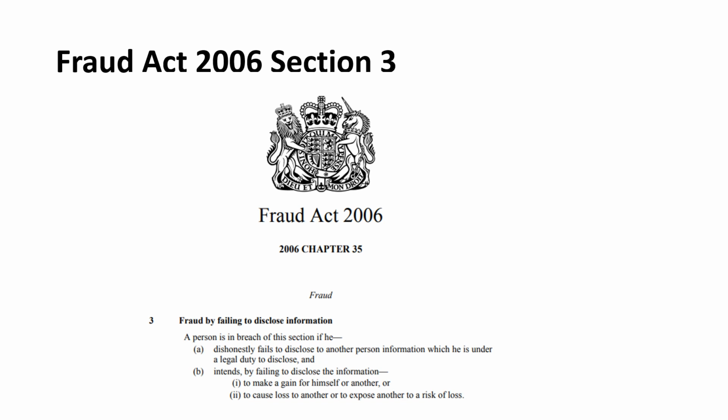Okay? And they're failing to disclose this information to make a gain for themselves and or another, meaning the court. So therefore, they're in direct violation of the Fraud Act, Section 3, subparagraph B. Okay? And they dishonestly fail to disclose it under Section 3, subparagraph A, because they're under a legal duty to do that. That's their job as the legal advisor. So now the court is complicit or in agreement with the actions of the local municipality, the local council. So they're both aiding and abetting one another. That makes this case void.